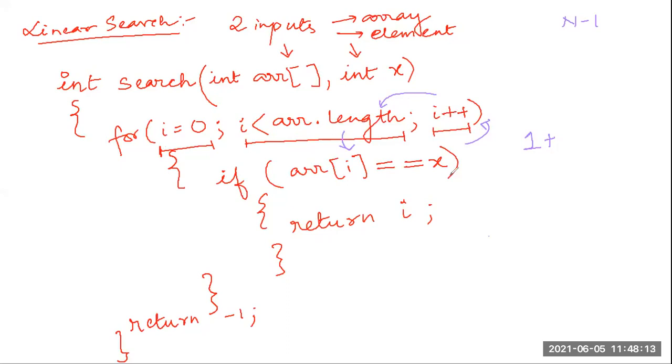तुम्हारा फॉर लूप से तुम लोग बाहर कैसे निकलते हो? तुम लोग i plus plus करते जाते हो. जब तुम्हारा कंडीशन फॉल्स होता है, that means you have reached the end of your array, then you come out of this for loop, right? So n minus 1 तक तुम्हारा लूप चलता है, and this condition is executed one more time to come out of the loop, right? So तुम्हारा n minus 1 plus 1 नहीं हो जाएगा?